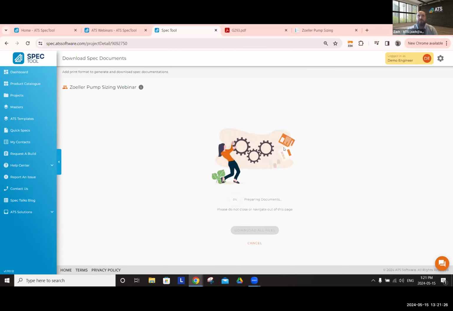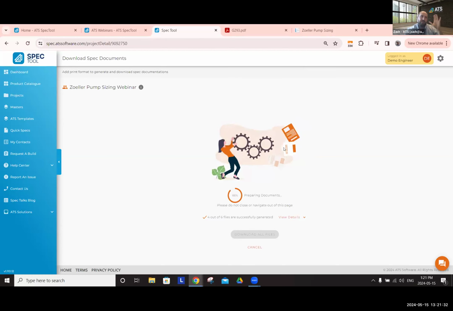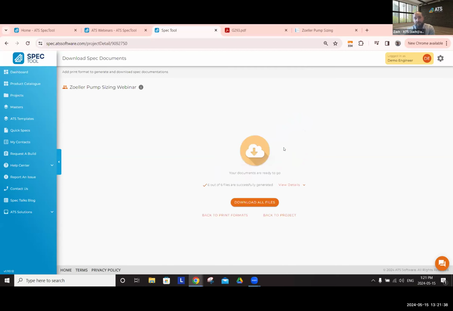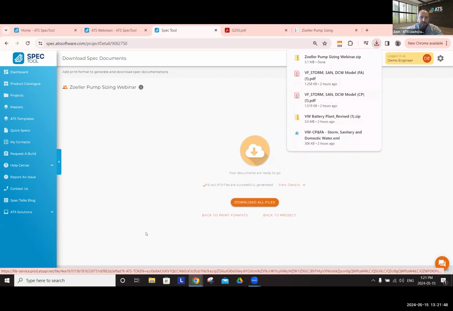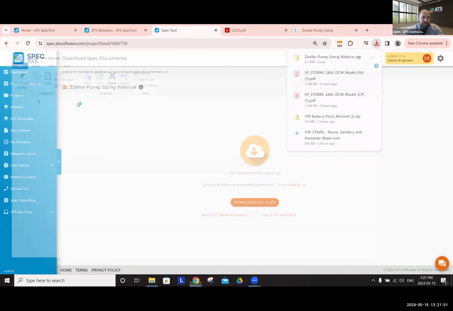Some firms prefer to use a fixture schedule on their drawings or a pump schedule on their drawings. Other firms may have a full 3-part spec for each product category. Other firms, I've seen, are just taking the manufacturer's cut sheet, putting that on the drawings and having a generic open output spec. You can see how quickly it downloads here before I even explain all the different options it's available. So I can then go into